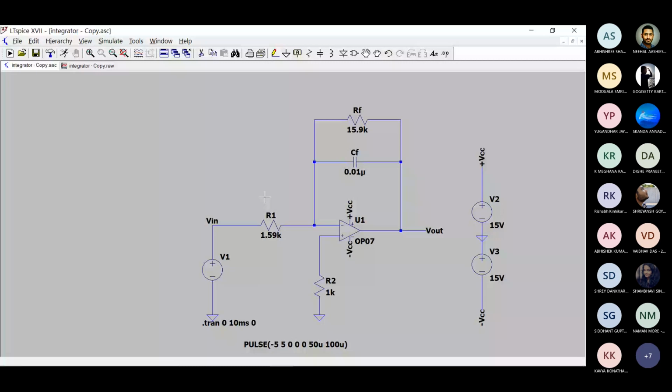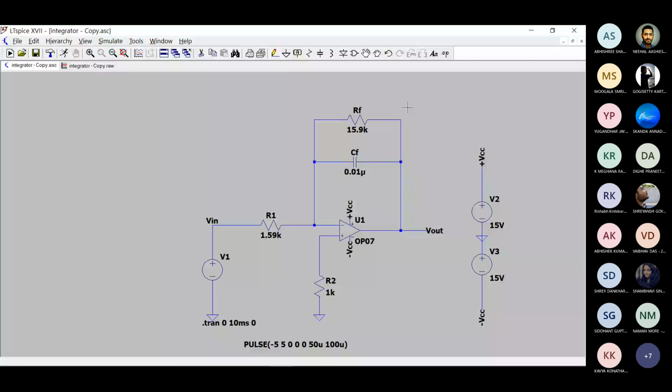a certain frequency band. Let's say we're operating it at 100 hertz to 10 kilohertz. So the formula given is FA equals 1 by 2 pi RF CF. So we know frequency and we know the value of capacitor. How we know the value of capacitor is, generally we have a wide variety of resistor values. So we usually consider the value of an available capacitor with us and find the value of RF. So I've considered 0.01 microfarad, the value of the capacitor as 0.01 mu, and then I've calculated the value of resistance accordingly.